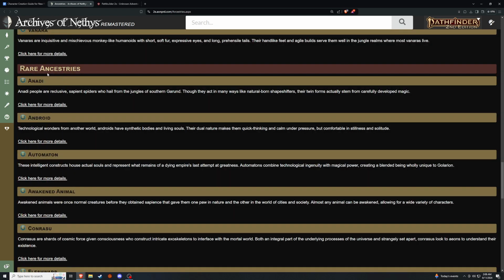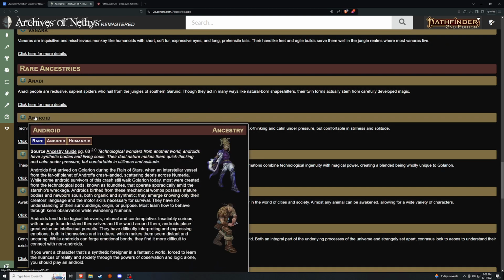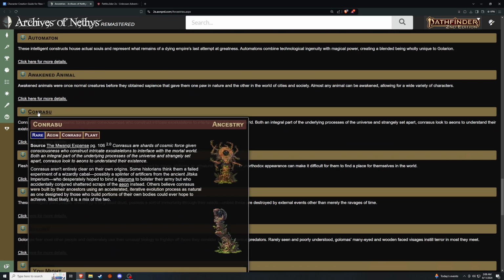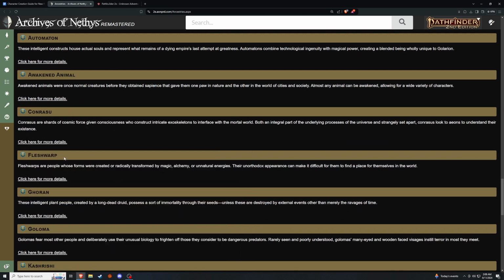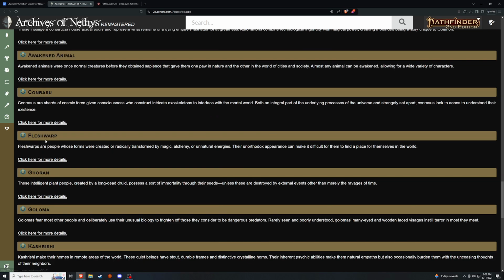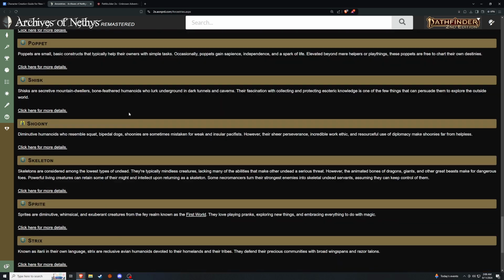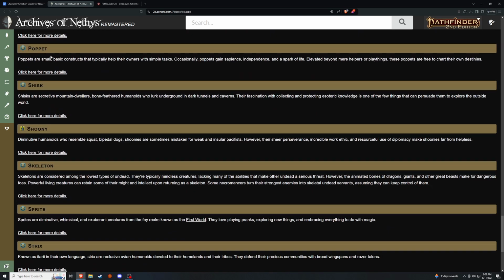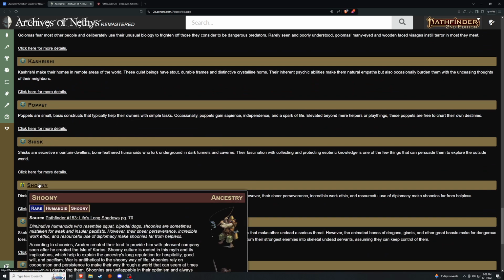A lot of the rare races or ancestries are very interesting. There's androids. We have like Kitsunes, which are like these totem people, flesh warps, which are crazy mutated people. So a lot of interesting options. You can be a dog, Shuni. But anyway,